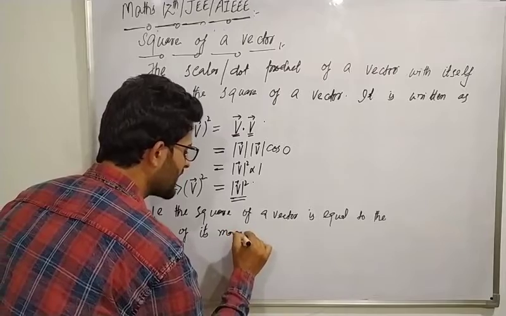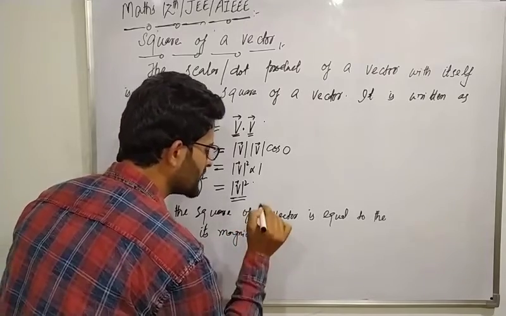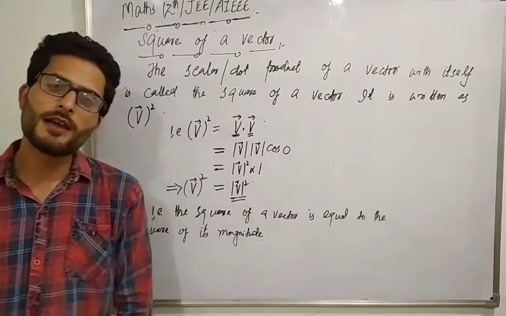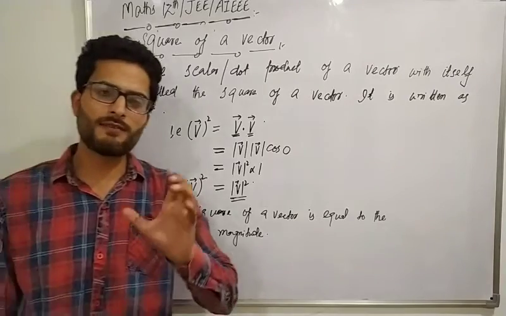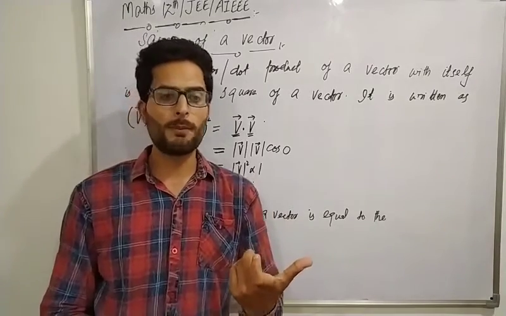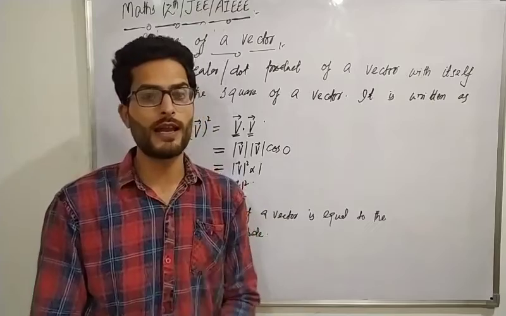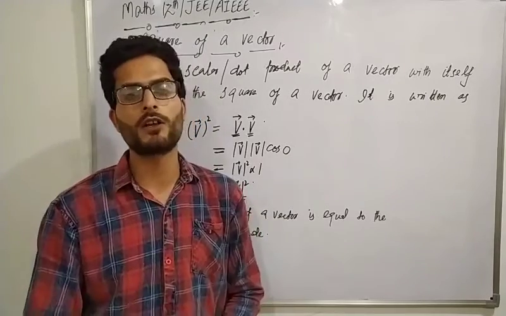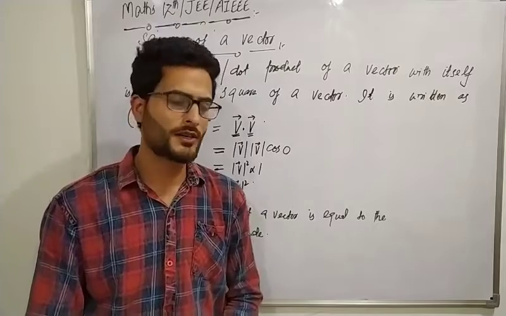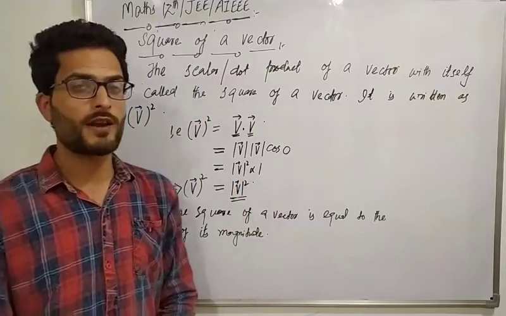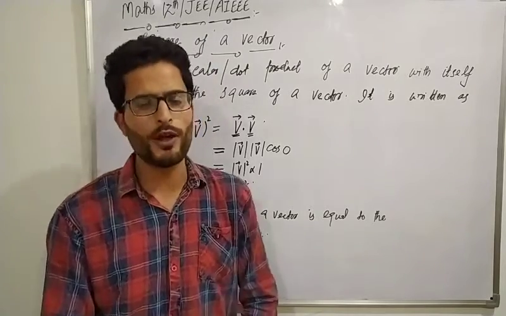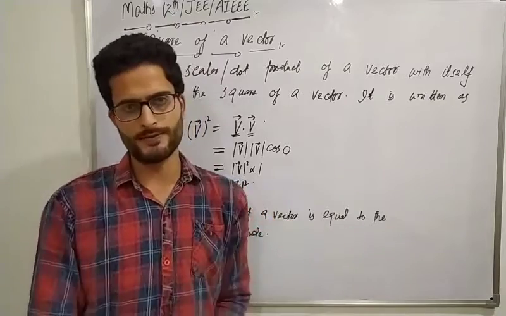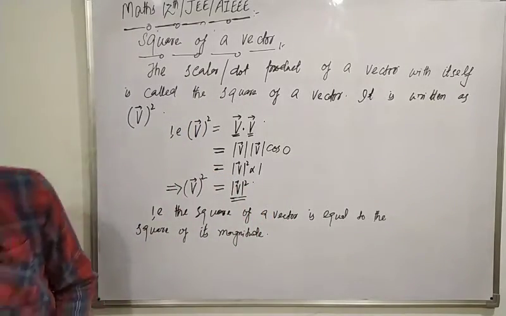The square of a vector is equal to the square of its magnitude. अगर आपके पास एक वेक्टर का स्क्वायर होगा तो आपने पहले उस वेक्टर का मैग्नीट्यूड निकालना है, फिर उसका स्क्वायर कर देना है, एक स्केलर आएगा और that scalar will give you the square of that vector। एक छोटी सी डेफिनेशन है, स्क्वायर ऑफ वेक्टर क्या होता है, डायरेक्टली द डॉट प्रोडक्ट ऑफ ए वेक्टर विथ इटसेल्फ।